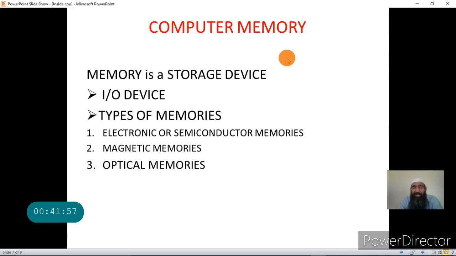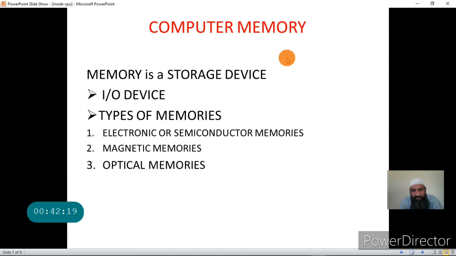But when I say that the program should be present in the memory so that the CPU can execute it, I am talking about semiconductor or electronic memories.